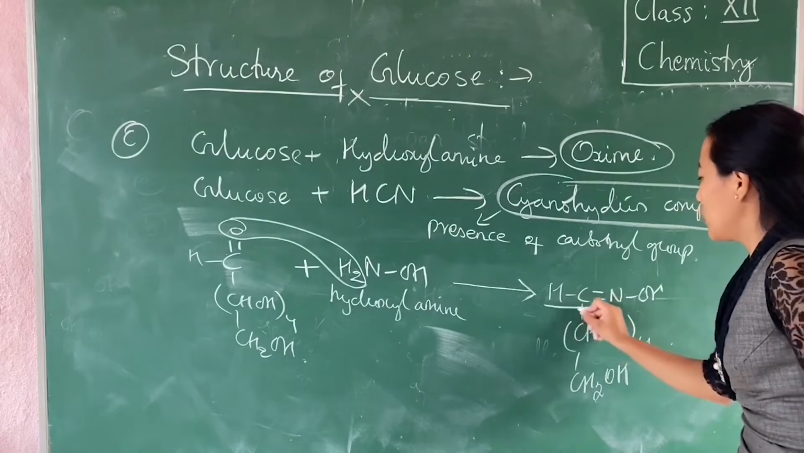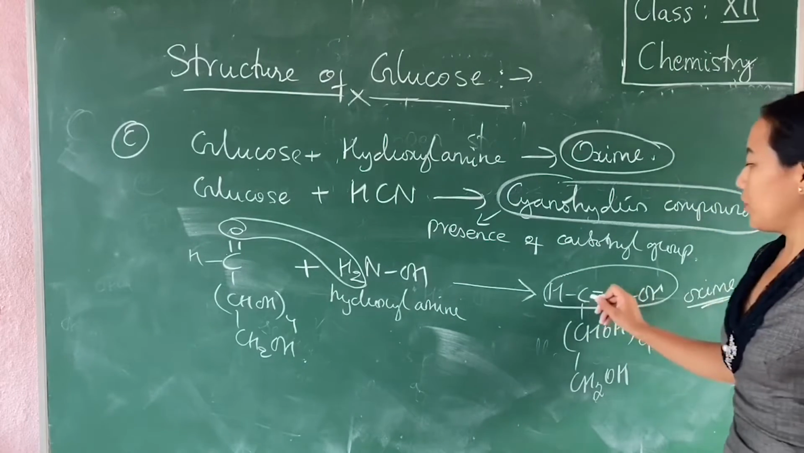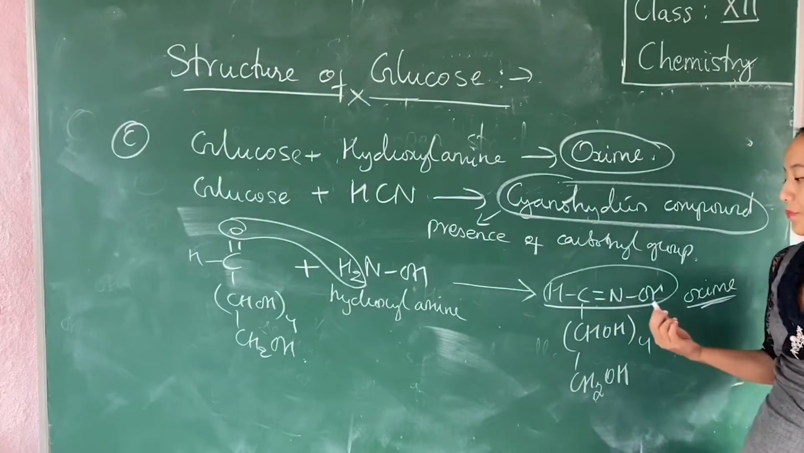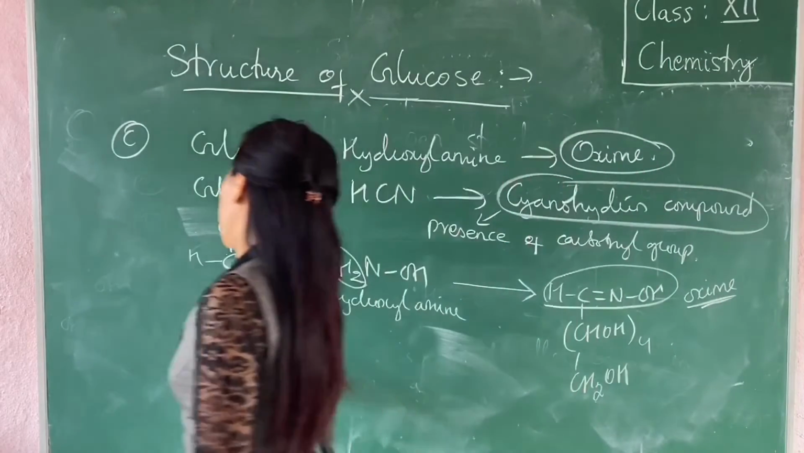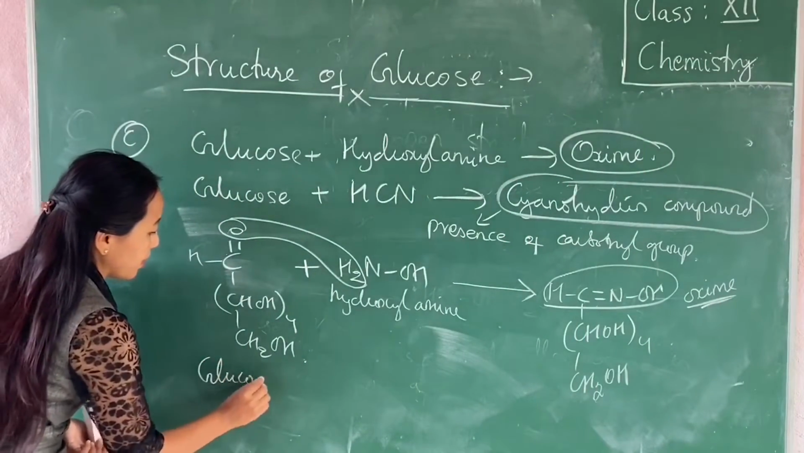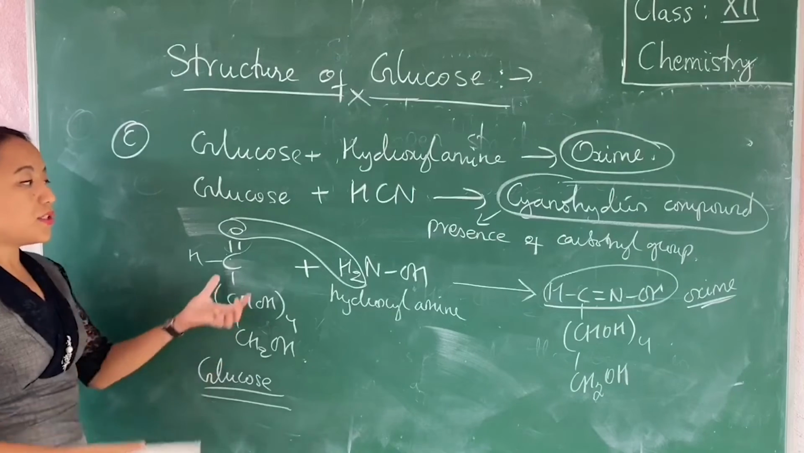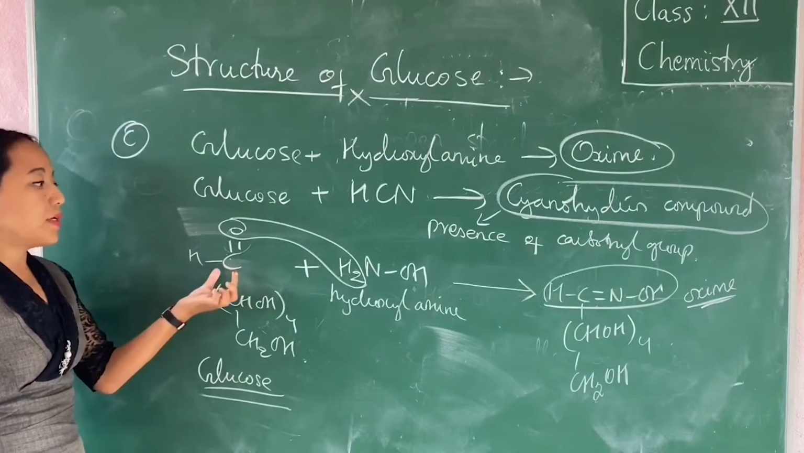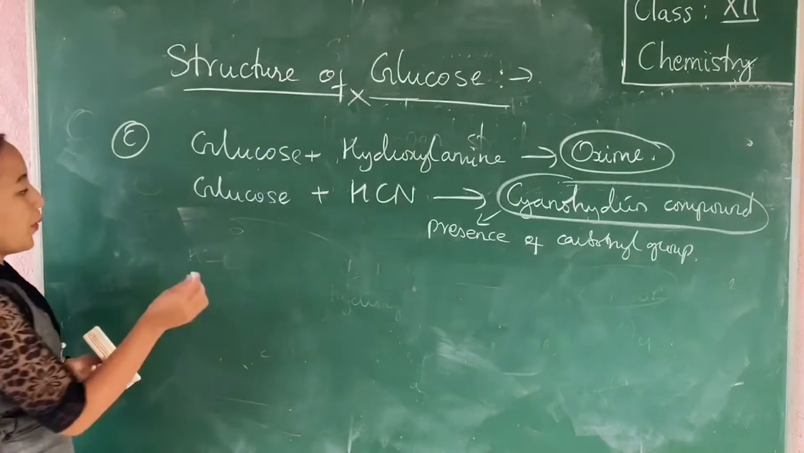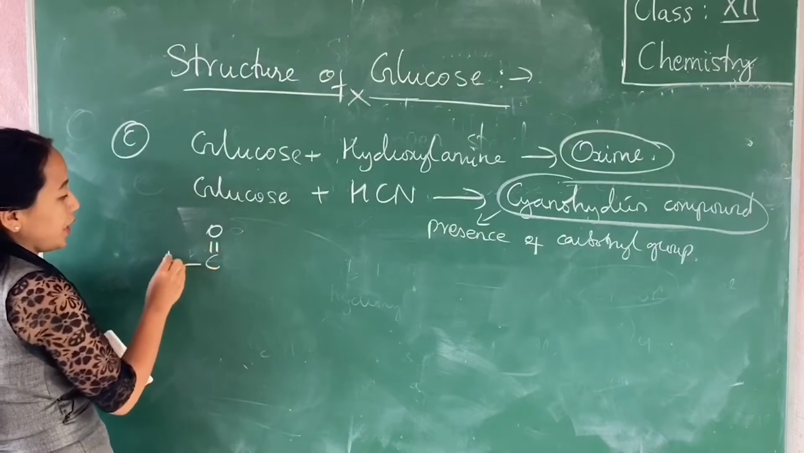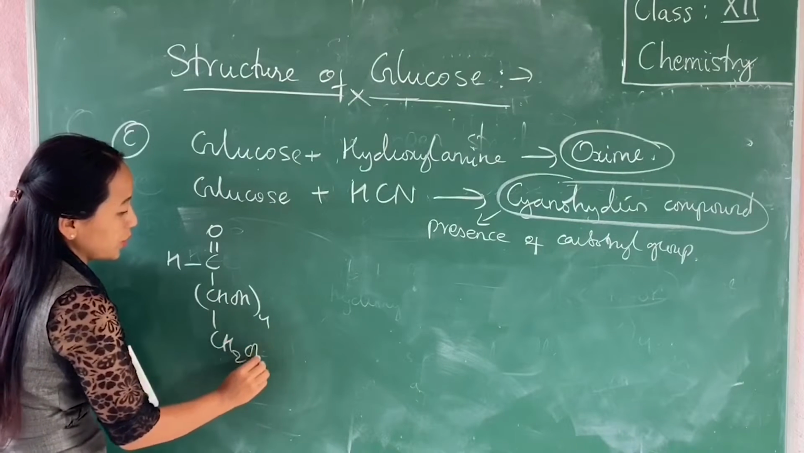Now carbon double bonded to N is called an oxime, a compound containing carbon double bonded to a nitrogen atom. So formation of oxime takes place when glucose is treated with hydroxylamine. Now this happens only when the carbon atom contains a double bond to O. This proves that the glucose contains a carbonyl group. Okay, then the next one is when glucose, again C double bond O H, CHOH four times, and then CH2OH,